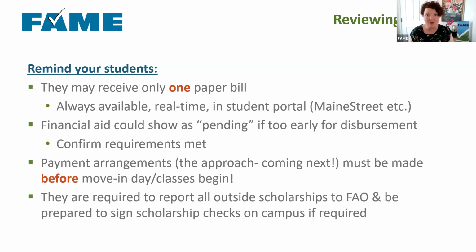Students want to know if there's going to be any changes to their financial aid packages well before they start classes. So if they get that bill, that check from the scholarship in mid-September, and then they have to go back and make adjustments to the financial aid package because it changes the way their formula will work, then that can be tough for the student to have a bill in September. It makes it hard for them to have planned properly. It also might make it hard for them to sign up for the next semester's worth of classes if they haven't finalized that bill.